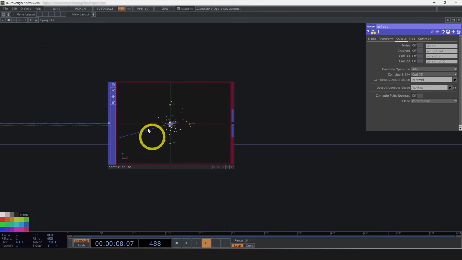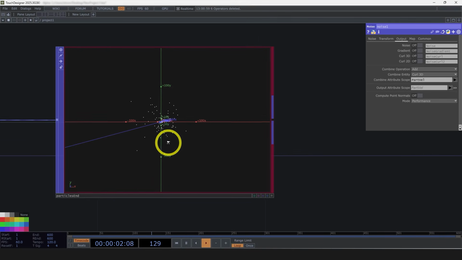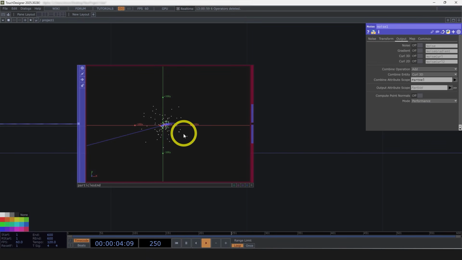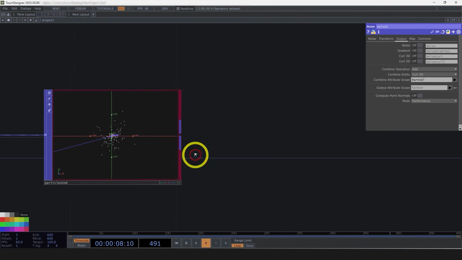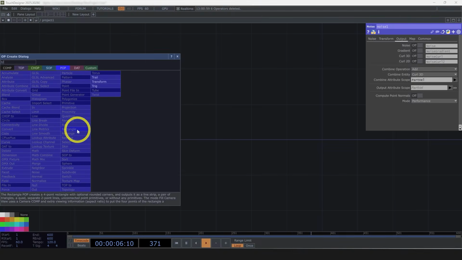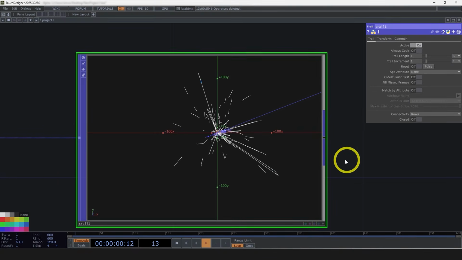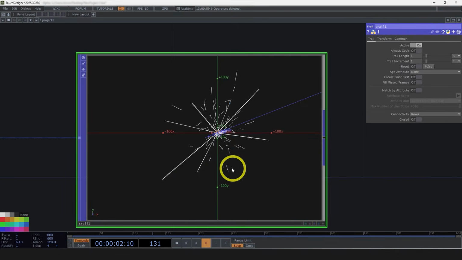Okay, now that we have these points, I'm going to go ahead and add the trails, since I think that'll give us a nice idea of how they're moving, and ultimately we are going to be drawing trails, so we might as well get that going, and also the render portion so that we can dock that over to the right. So let us create a trail pop, and right off the bat, it's honestly pretty wild and not what